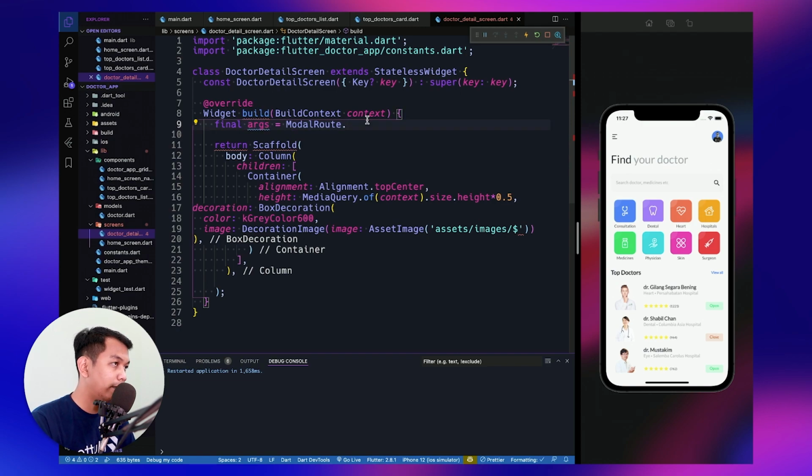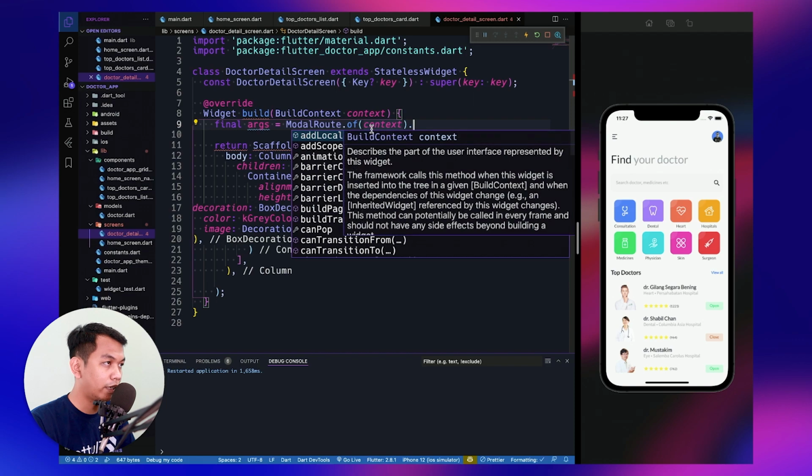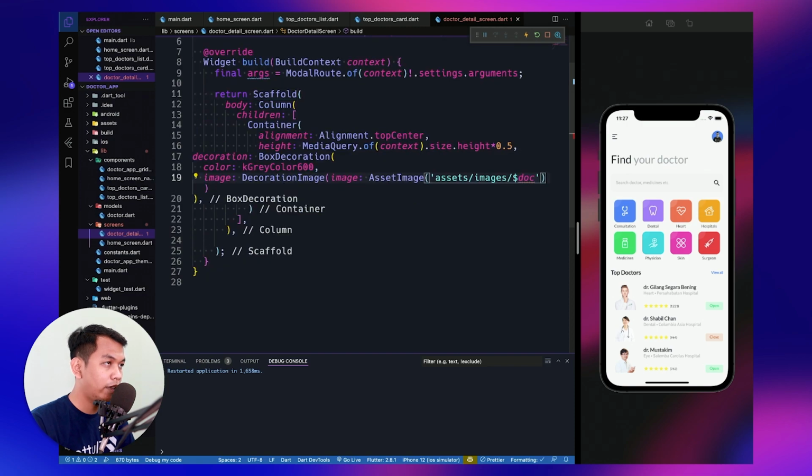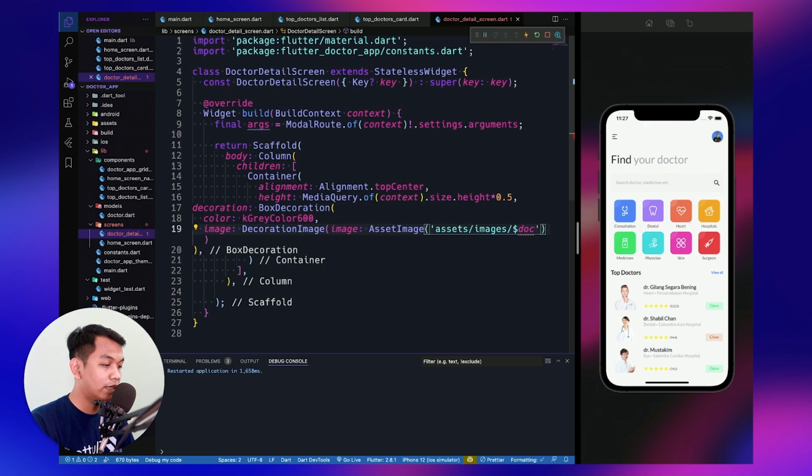So we say ModalRoute.of(context).settings.arguments, and we need to add null safety. Previously we said doctor, and for now we need to say argument.